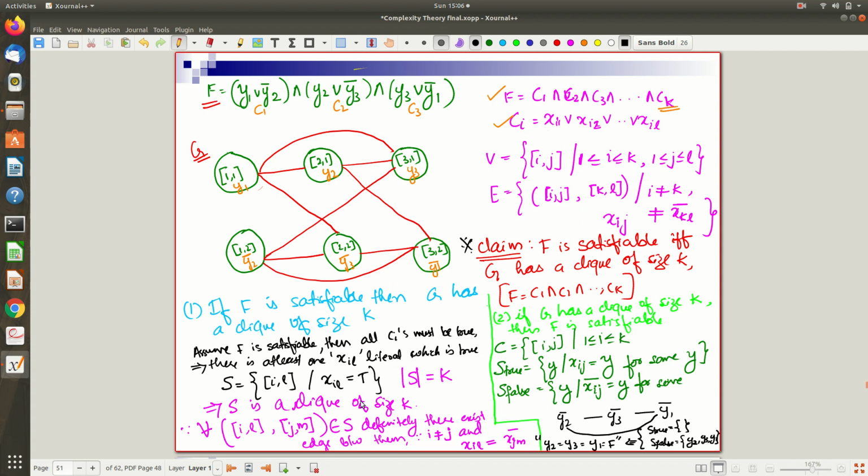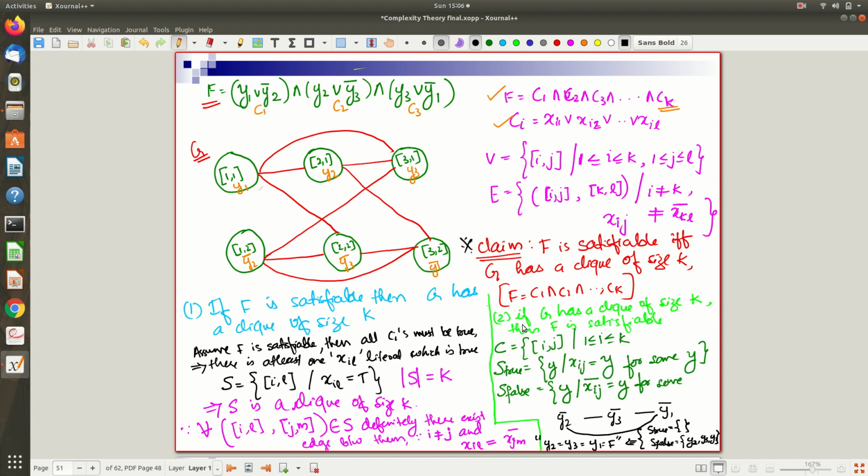And I can observe that this set S is going to be a clique, because if you take any pair of vertices, say i_l and j_m from this S, there will be an edge, because the rule for edges is satisfied. They are from different clauses, accordingly only I chose the vertices, and they are not negations of each other, because I took only true values. Okay, fine. So this is the first part, and now the second part is: